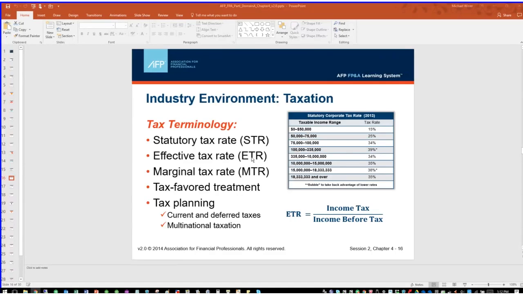If we use the effective tax rate of 22.25% against the next dollar that we're going to earn, that's not the right rate. The next dollar is going to be taxed at, in our example here, 39%. So if we're looking at a project that will add another $20,000 in taxable income to our $100,000 in tax that we're already projecting, that's not going to be at an effective rate of 22.25%. It's going to be at 39% according to this table.